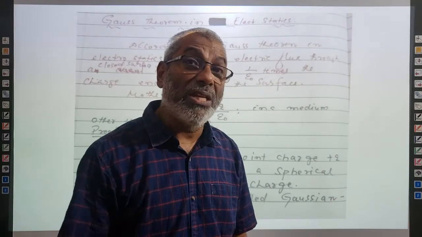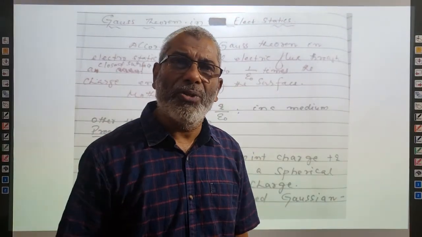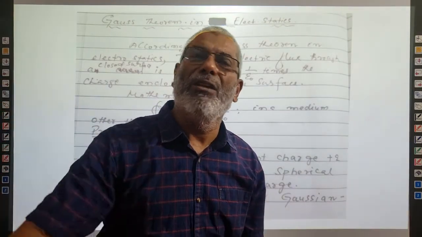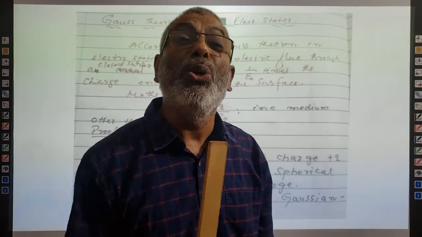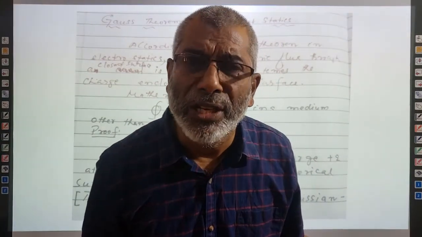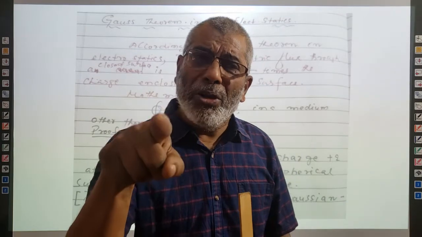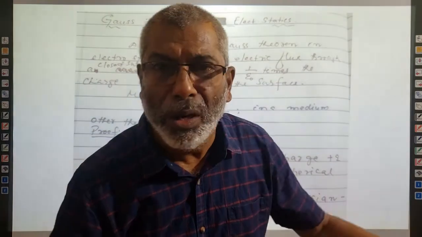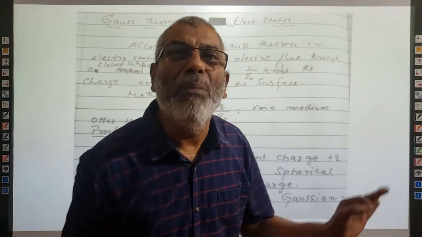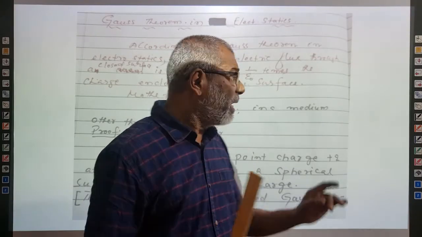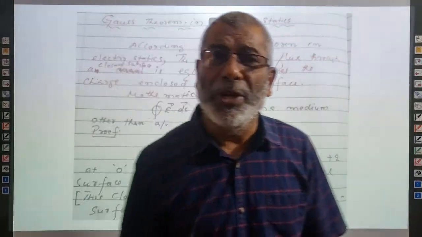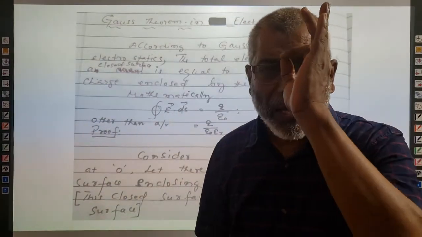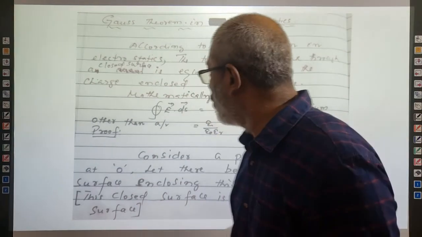Another term you are getting, what is that? Gaussian surface. What is a Gaussian surface? A Gaussian surface is a surface that is enclosing a charge at the center of it. Actually, a Gaussian surface has no shape. It is quite imaginary. We cannot point a finger and show that this is a Gaussian surface. Also, although I am speaking about spheres here, a Gaussian surface has no shape at all, and it is totally and completely imaginary.